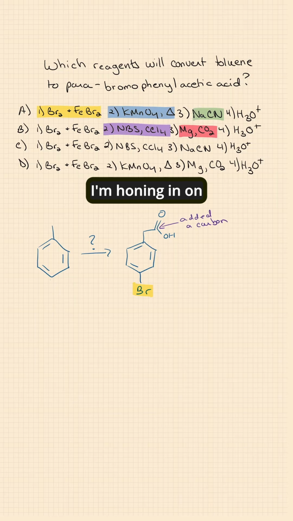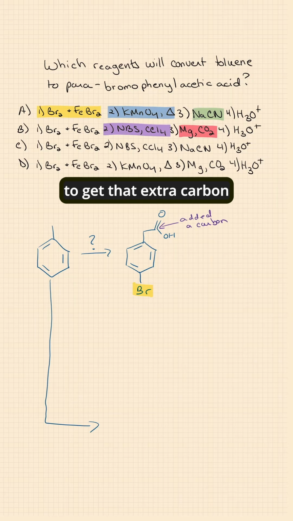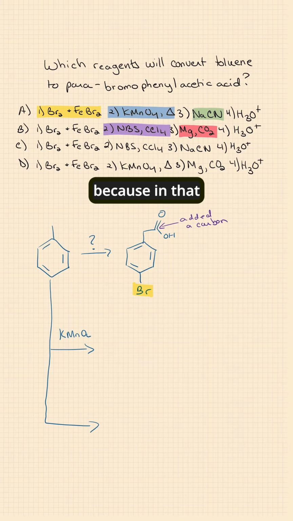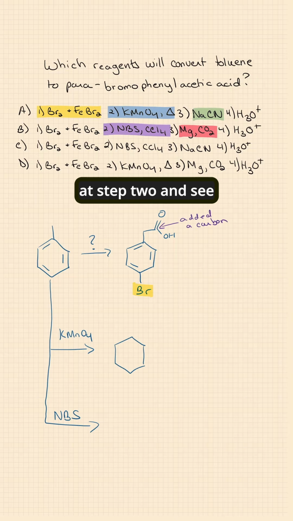And right away, I'm honing in on that cyanide ion as a way to get that extra carbon in there. It's not going to be the magnesium and carbon dioxide, even though we typically associate Grignard reagents with adding carbons, because in that case, we're turning our reactant into the Grignard reagent. So that's not going to get us an extra carbon in there. Okay, but our cyanide ion is in step 3 in all of our options. So let's take a look at step 2